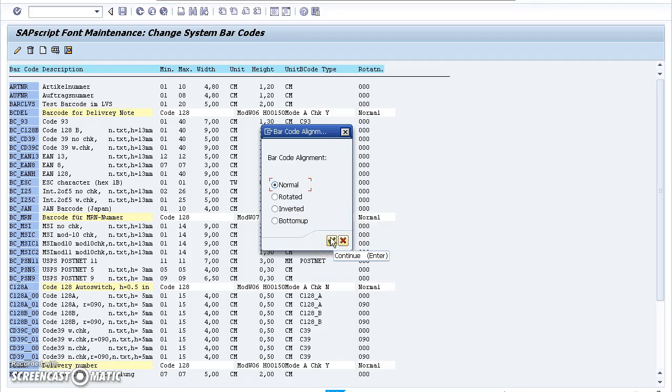and SAP converts the barcode into an image and then puts it in a PDF or PostScript file and sends it to the printer. So any printer, even if the printer doesn't have support for barcode, will only see an image, a photograph, a picture. And as we know, all printers can print images. The downside is the size of the PostScript file that SAP sends. Instead of sending a few codes, it sends an image. So it takes more processing, more bandwidth, more size. The upside is you can use any printer that can print image, basically any printer. So that's the advantage of new